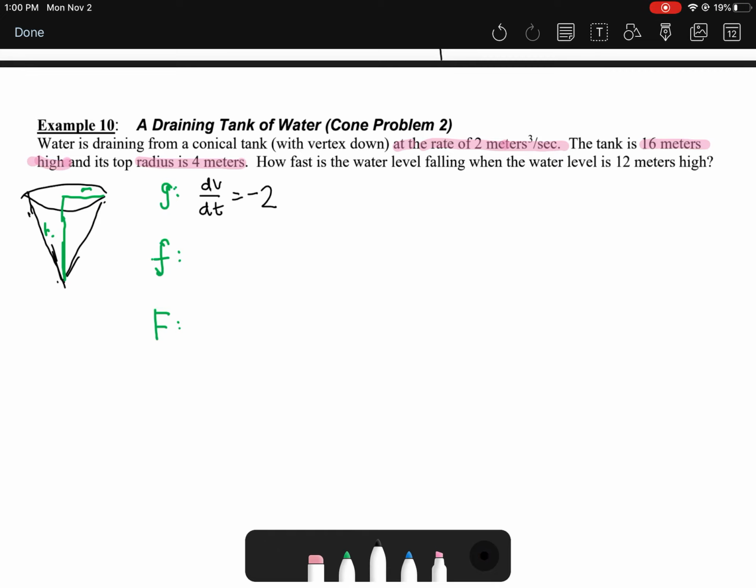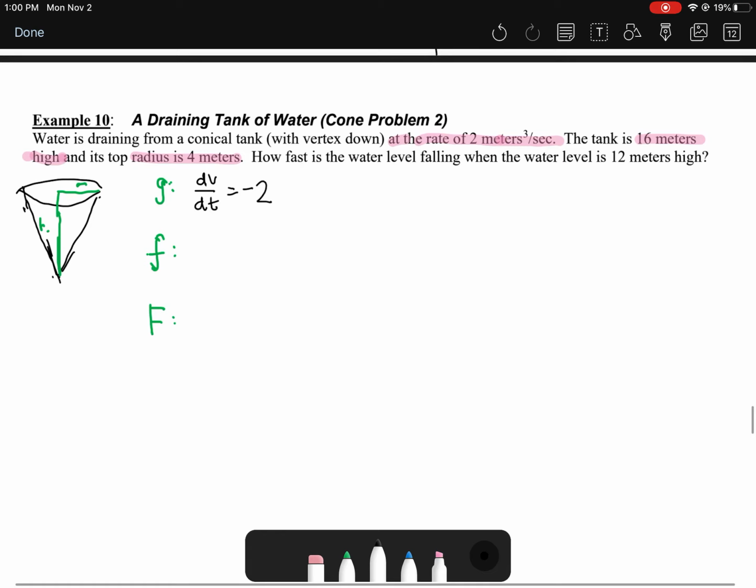So let's just add this in. This is a constant. So the tank height is 16. Its radius is 4. How fast, keyword for related rates, is the water level falling? Okay, so that means I'm figuring out that height. So dh/dt,